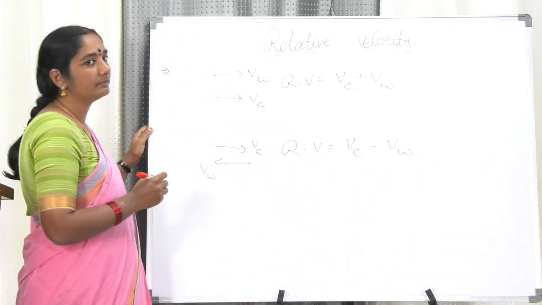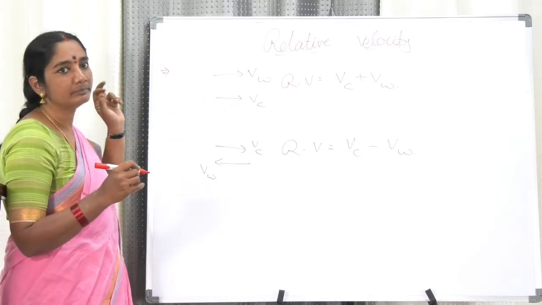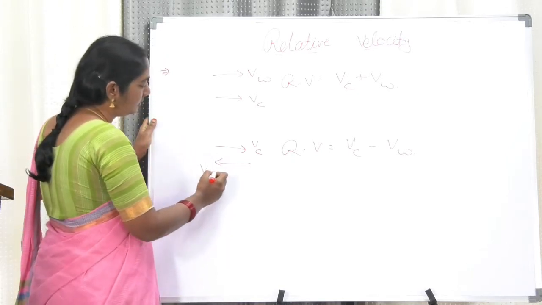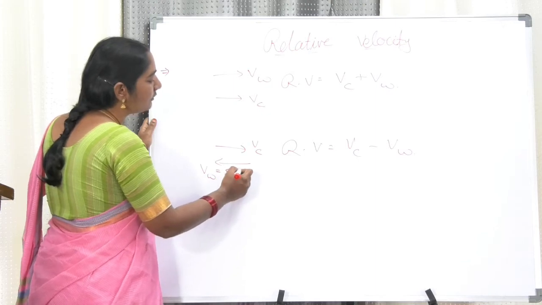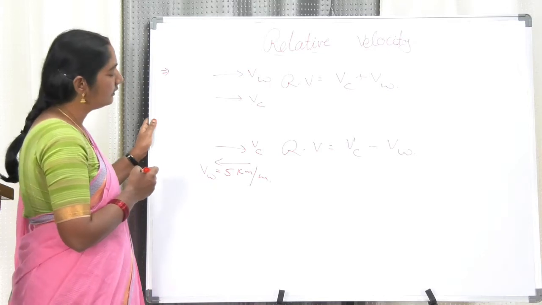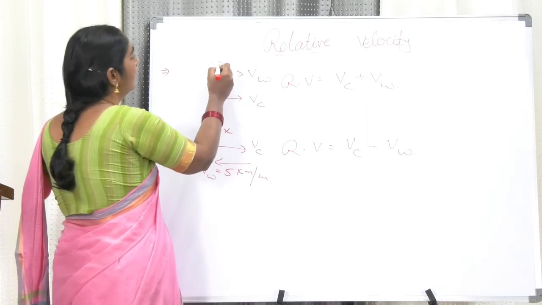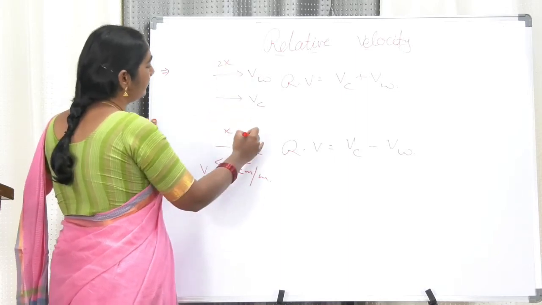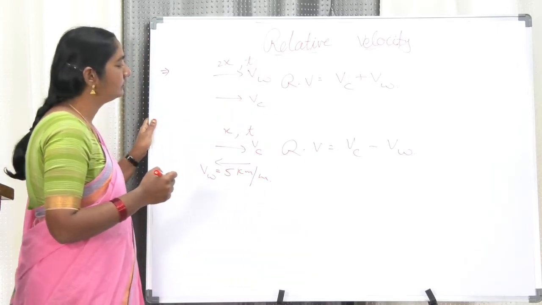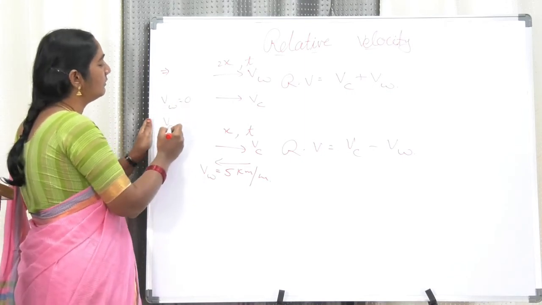Madam, can you please give the problem. This problem. A cyclist goes against the direction of the wind blowing at a speed of 5 kilometers per hour. So the velocity of the wind is given as 5 kilometers per hour. To a certain distance. In the return journey, he travelled double the distance in the same time, along the direction of the wind. If the wind is at a standstill, what is his speed? What is the velocity of the cyclist?